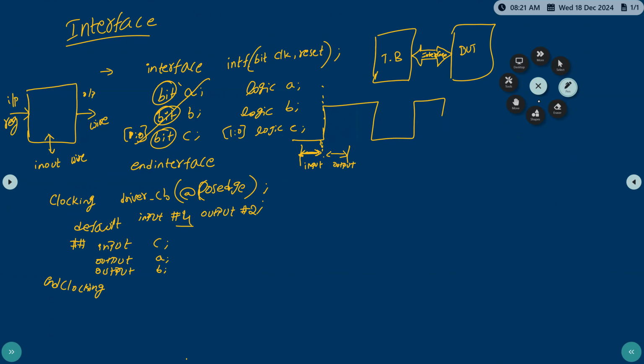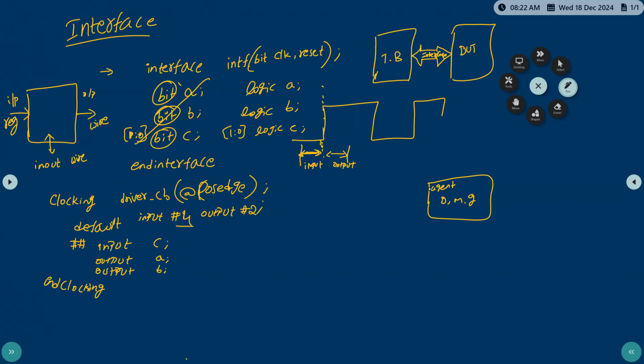We have seen that in the agent. The agent contains the driver, monitor, generator, right? So this agent, with driver, monitor, generator, is one component that is fixed to that one